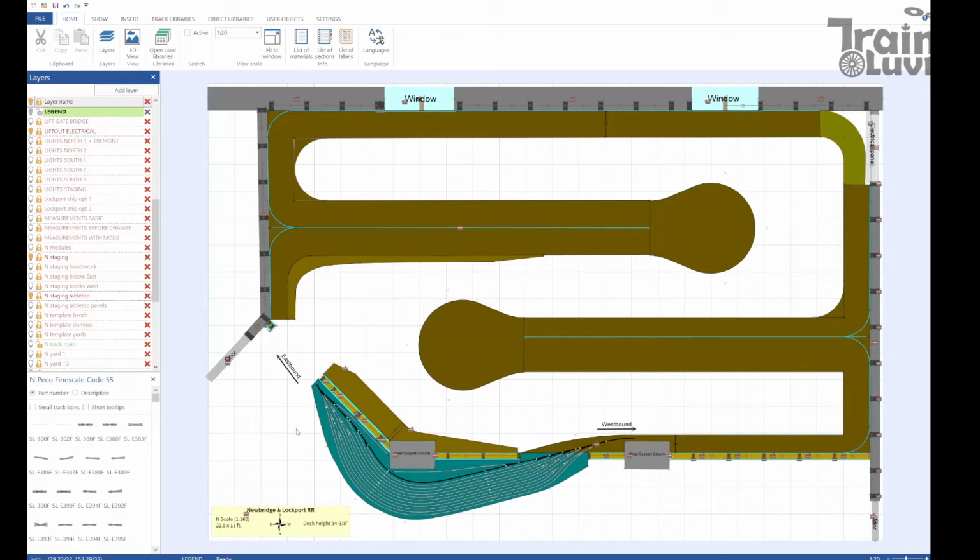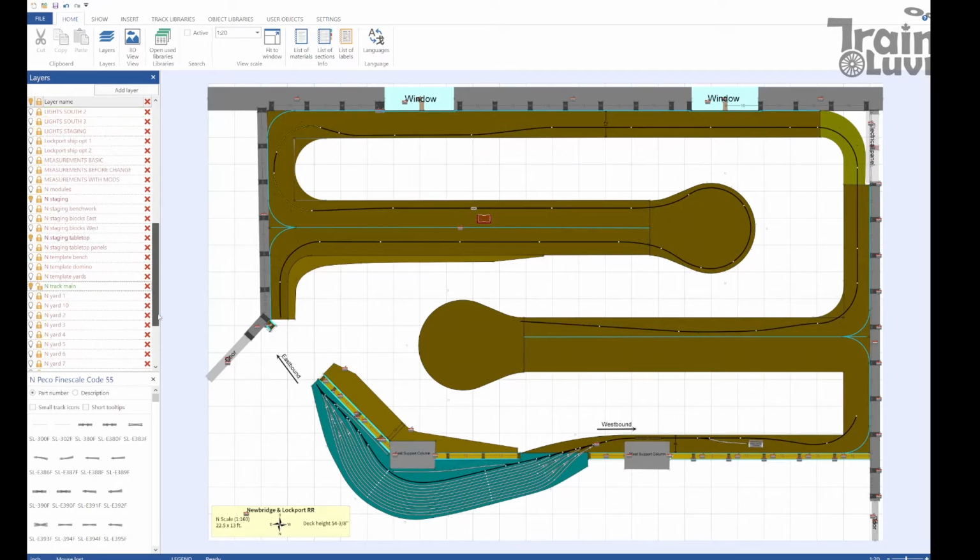The main line has about 116 feet of track, and these are just mock-ups. What you're seeing is from 2021, but the layout was started in 2019, and that first video of construction was December 2019, and this layout you're seeing here is from the end of November 2021. So I've been playing with layout looks for a long time while I was building benchwork and doing the other room construction. And I have to admit, I still don't have a plan. It's kind of unfortunate, but